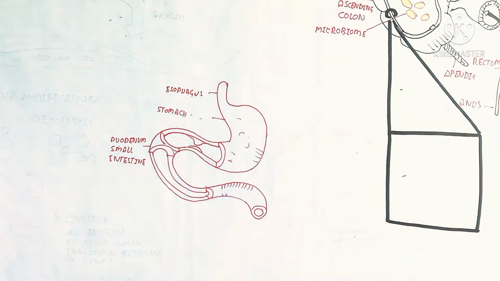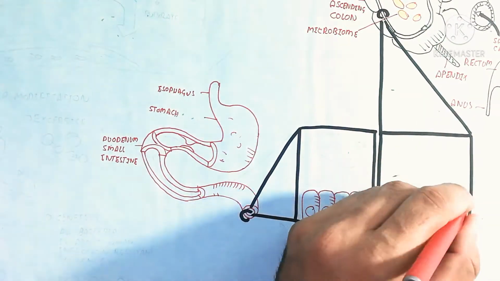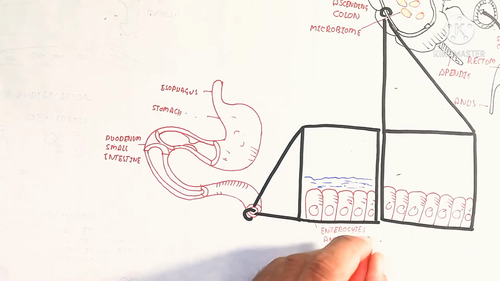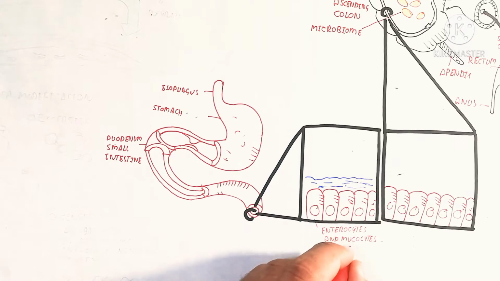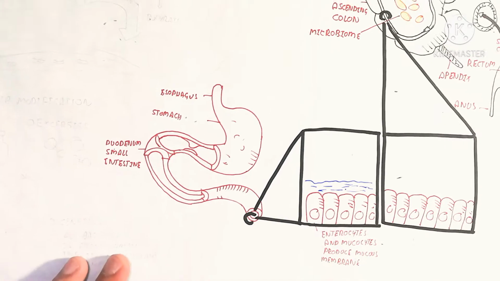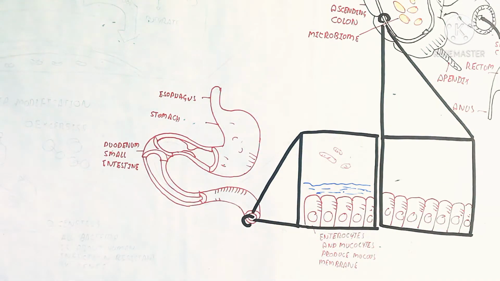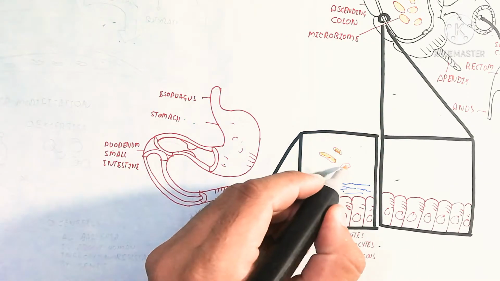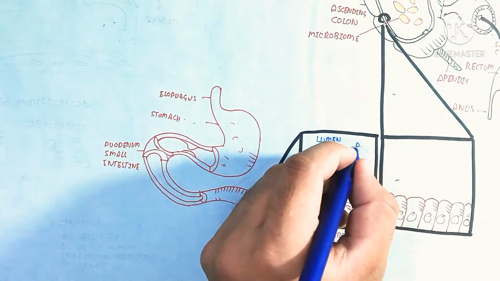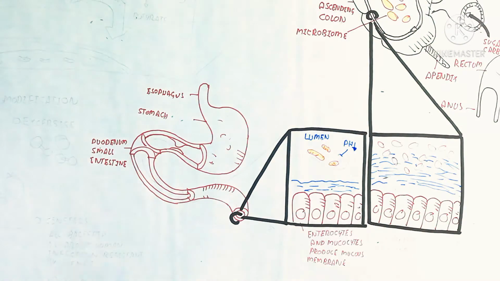While here are the esophagus, stomach, and duodenum, containing the pyloric sphincter, and the beginning of the stomach is known as the cardiac sphincter. Here is the duodenum, which contains mucocytes as well as enterocytes. On the other hand, enteroendocrine cells are also present. And this is the wall, and inside the lumen there are bacteria. It is only a slight amount of bacteria, due to the acidic medium in our stomach.